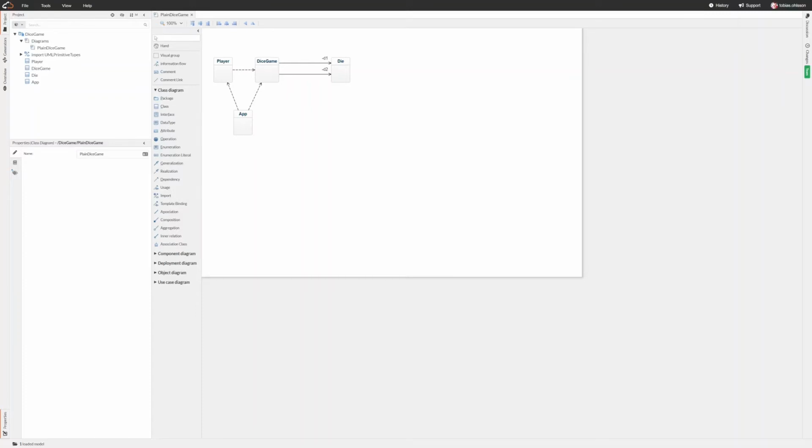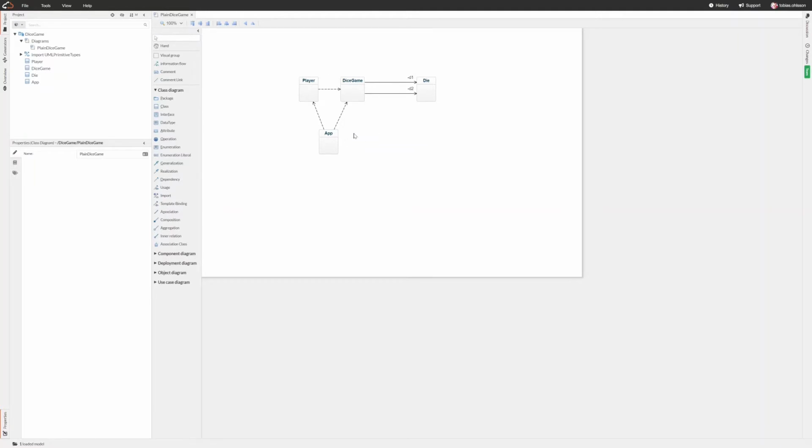So in this recording I will make a short demonstration of how to restructure or refactor the dice game into a model view architecture. So basically we have our design of the application like this. 4 classes in total, and we have the player class that uses the dice game. The dice game contains the dice, rolls them, computes if you won or not, and returns this value to the